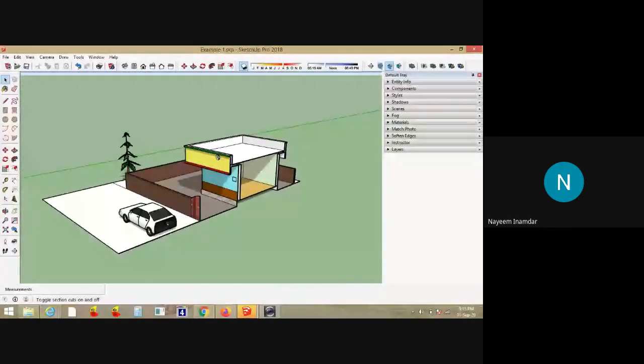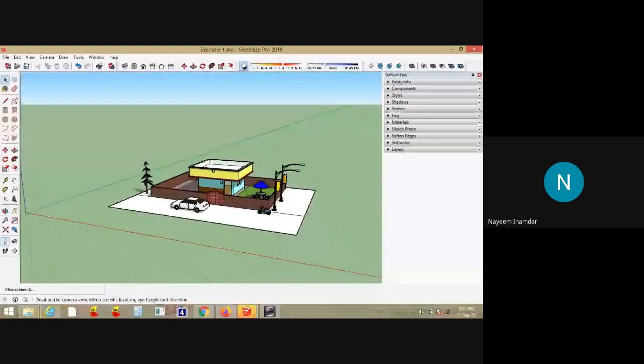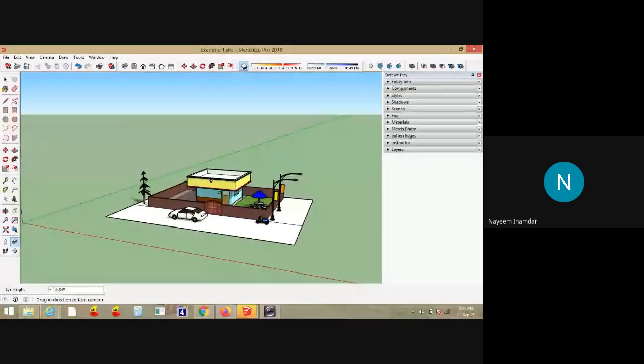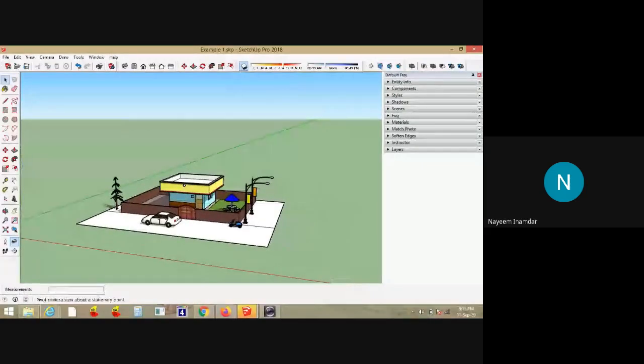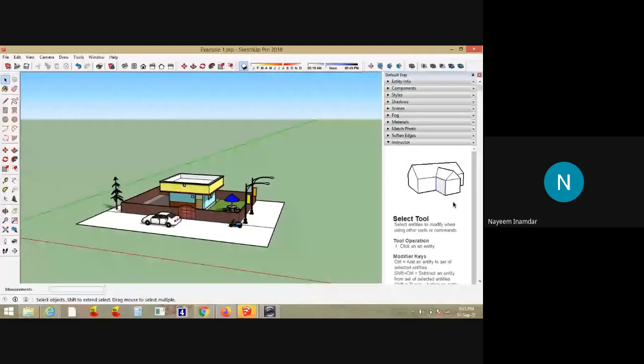Just let me exit from here. The next thing is look around. This is the option. Go to instructor, look around, pivot camera.